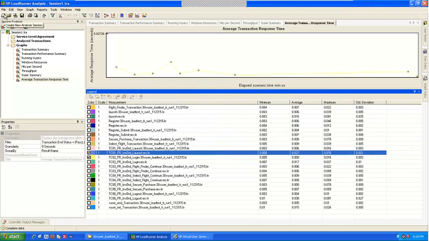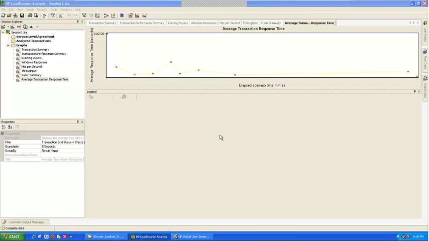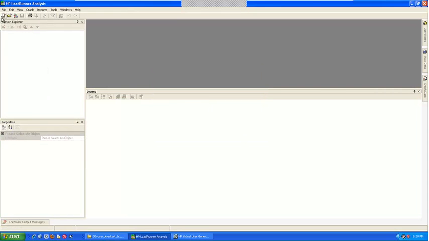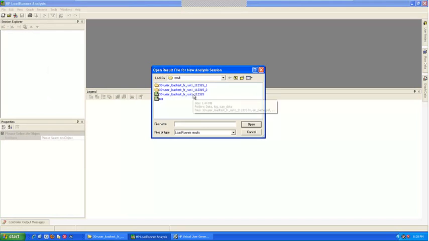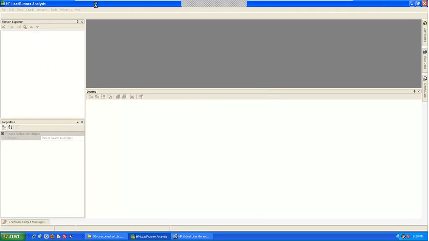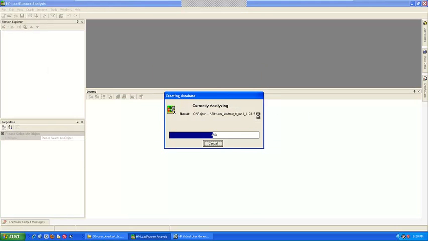Okay, so first of all, what we did, let me close this. I don't need it. First I opened this file, so I'll say new. This is my LRR file, the LoadRunner result file. If you open this and look on top, it will be LRR. Can you see here? You saw that, right? LRR file.